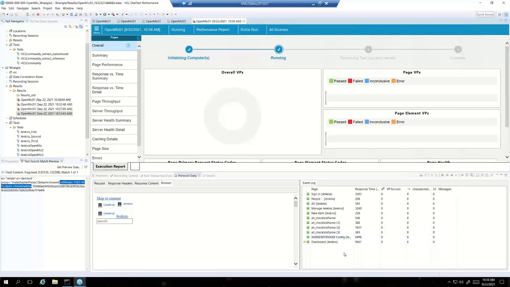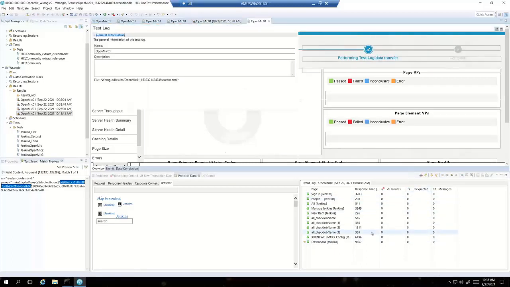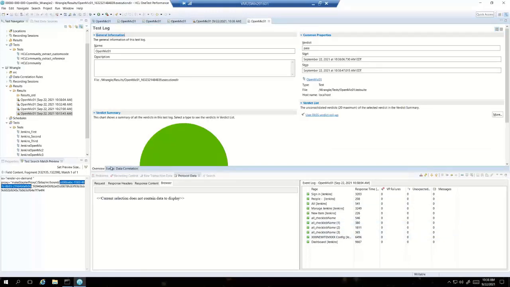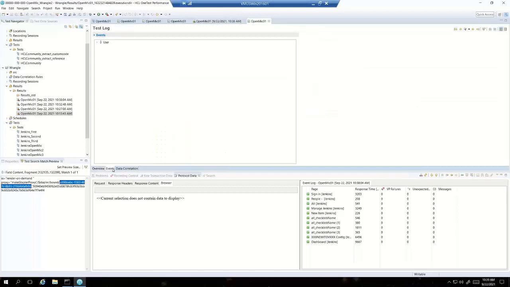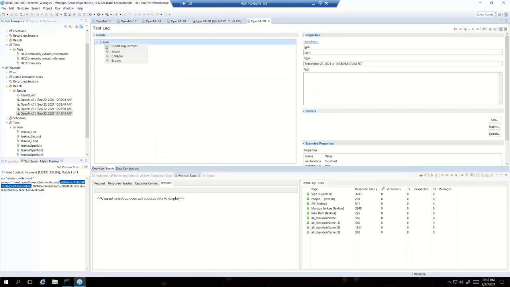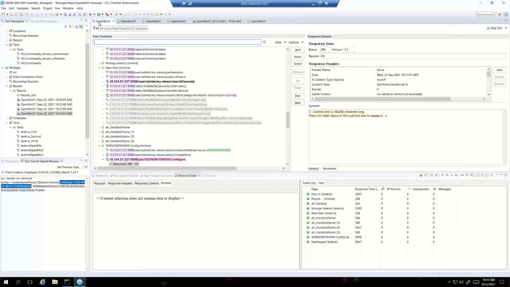So I think this one is actually looking good. This one's all green, no errors, no unexpected errors, performing the test log. And boom, we got the green smiley where before it was all red. You can click in the events if you wanted to, but this test is good. So this kind of proves we did